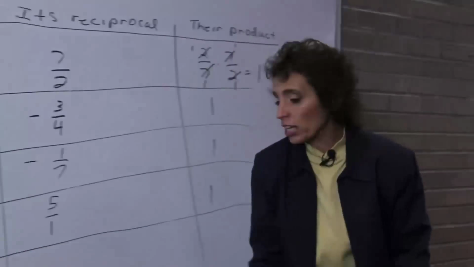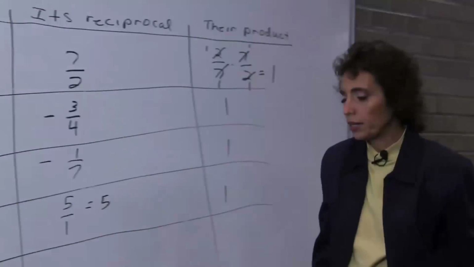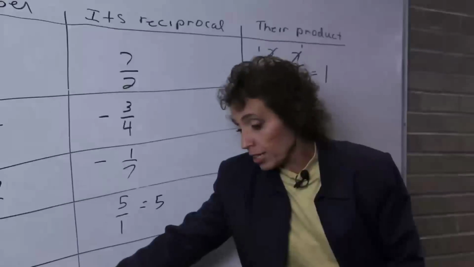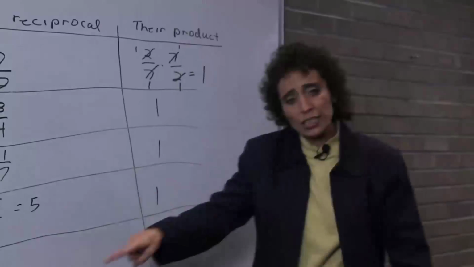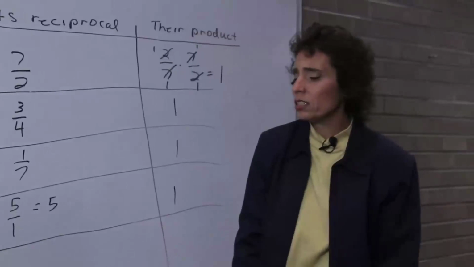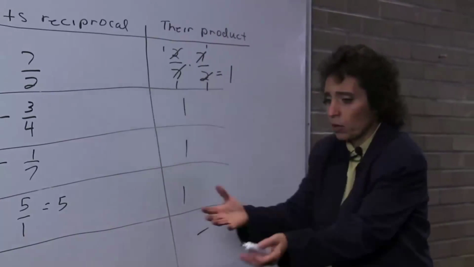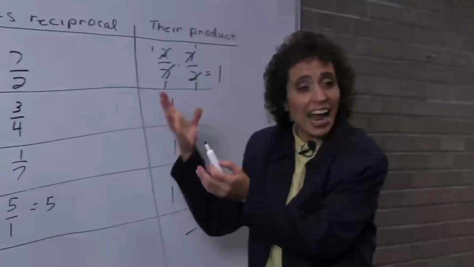This next one. Oh, by the way, if you want 5 over 1, if you'd like to just write that as 5, you can. It doesn't matter. This one here is interesting. 0. Remember that its product is 1. What can you multiply 0 by to get 1? Nothing. So there's nothing I can multiply 0 by. So it has no reciprocal.